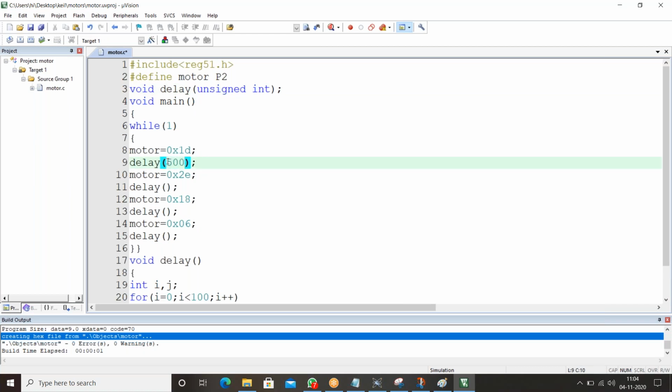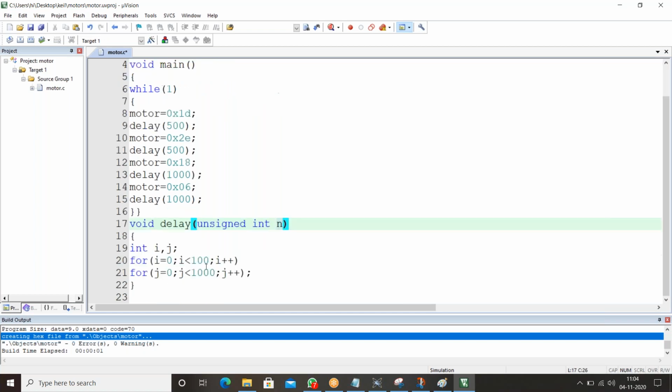It's your wish to take the number, some numerical value. Here you have to say unsigned int n. Just try to change the 100 as n.